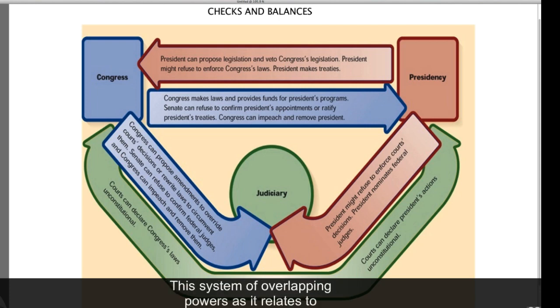This system of overlapping powers as it relates to the judiciary, just using this as an example of a vacancy on the Supreme Court, is a perfect example of checks and balances. Remember that the president and Congress, in having some power over who sits on the Supreme Court, are not actually performing the function of the judiciary. They're merely allowed to involve themselves in how the judiciary conducts some of its business, how it's structured, who gets to sit on the judiciary, to ensure that there is balance of interest and that there is not an abuse